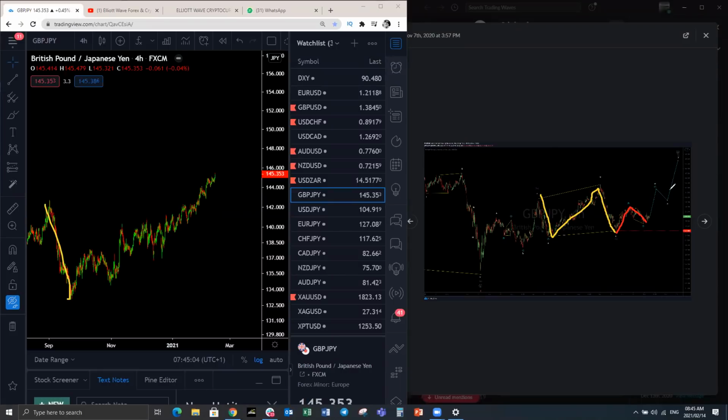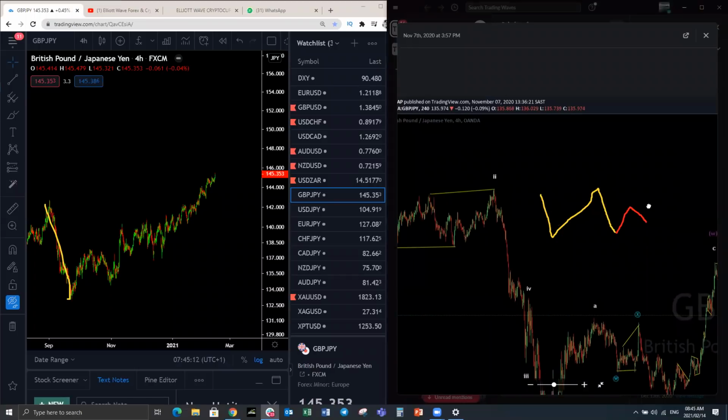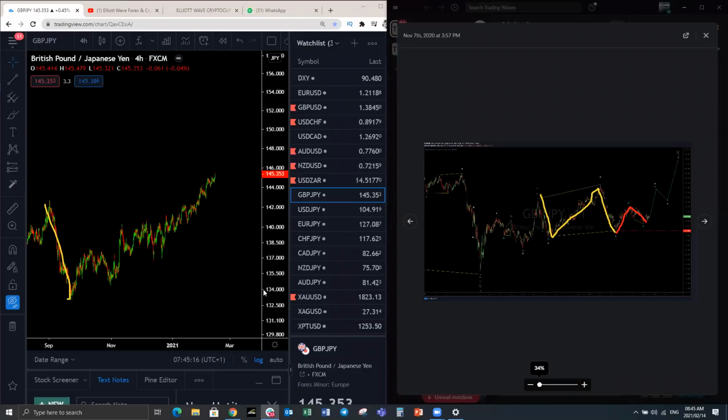So this was in October last year. This is October. Let's just make sure. This is October last year. November last year, we've got that. What were we looking for in November? In November, we had this structure. So we had a move here in the red degree. The red degree that I've just shown was this one here. So this is what happened. We've made a move here. This is the red degree that has played out.